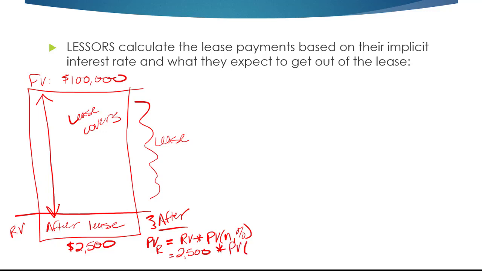Present value factor, and let's say it's 3 years at 10%. Now if I solve that using a table, a financial calculator, or Excel, and we've walked through how to do all of those, I end up with a value of $1,878 in today's dollars. That $2,500 in 3 years at 10% interest is worth $1,878 today. So to get the value of my lease payments,